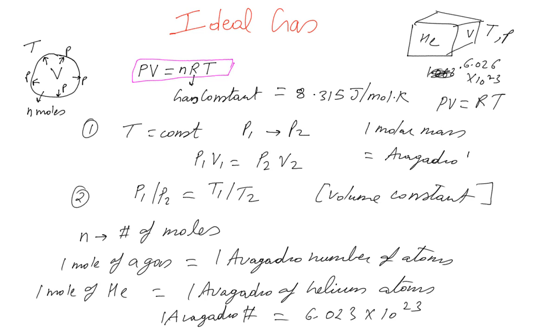So I think it's 2 grams for helium. So 2 grams of helium will have this number of atoms inside, and I think it varies with different gases depending on how heavy or how light they